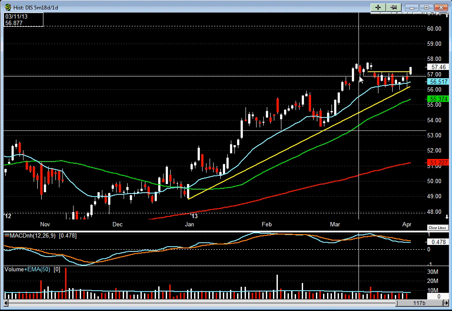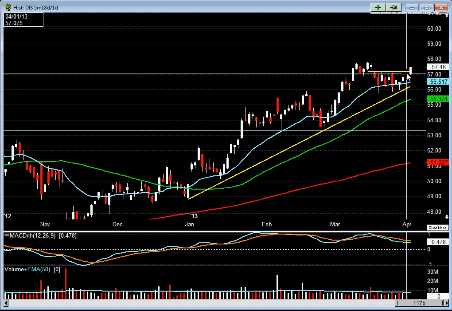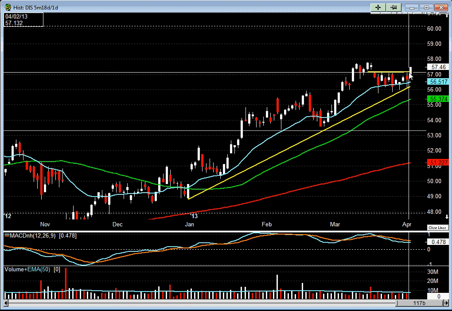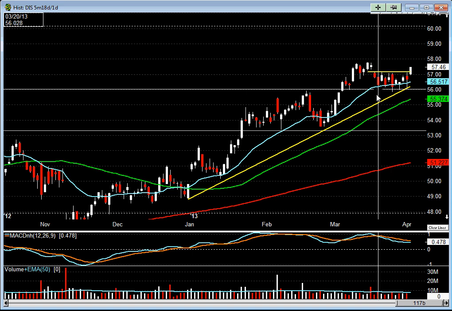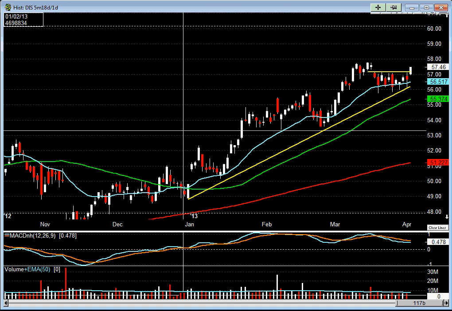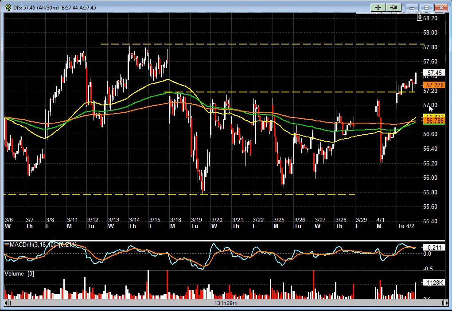Yesterday, during the trading hour, I was monitoring this setup and waiting for a trigger to initiate a long position on Disney. The level that I was watching for it to move above is the 57.20. So as it gained ground and started moving to this area here, and when it moved above the 57.20, it triggered my setup and I started looking for opportunity to initiate a long position, which I did.